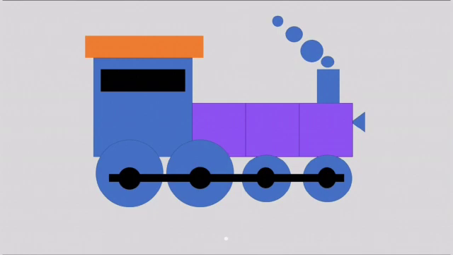So let us revise again the four shapes: square, rectangle, circle and triangle. Okay, in square it is made up of four straight lines and all the lines are equal, whereas in rectangle opposite lines are equal, or you can say opposite sides are equal. Circle is made up of a curved line and a triangle is made up of three straight lines.